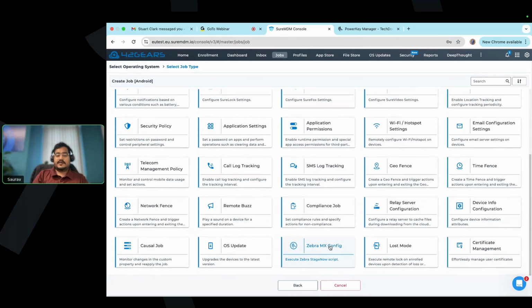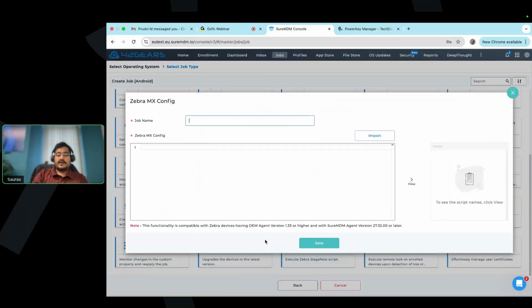any different application. Anyway, you have OEM agent and SureMDM agent, but they will be there on the device side anyway. So it will reduce the dependency on any application. It will reduce the dependency on Google Play Store. It will reduce the dependency on executing the APK from the App Store and managing the configuration